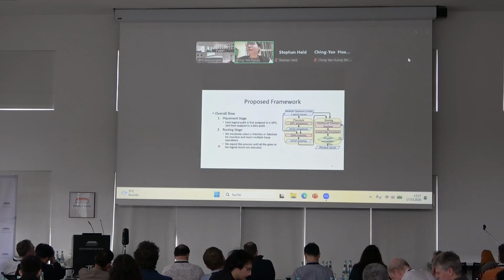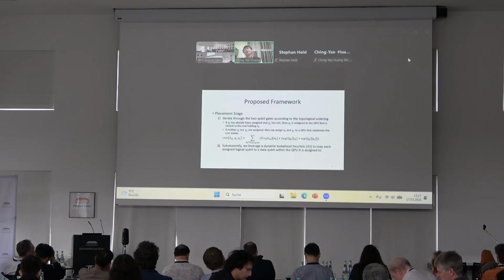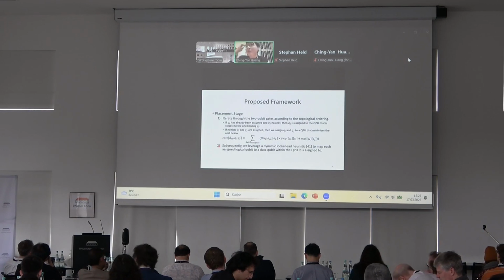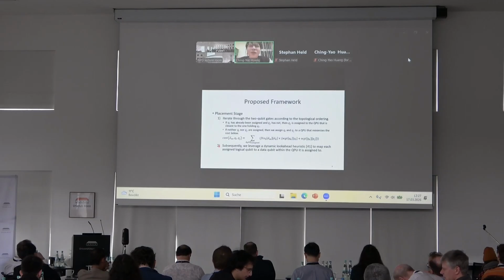Let me introduce the placement stage first. In this stage, we propose a dependency and interaction-aware assignment method to assign logical qubits to QPUs, taking into account both the execution order of two-qubit gates and the frequency of qubit interactions. We iterate through the two-qubit gates according to the topological ordering. For each two-qubit gate, Qi and Qj: